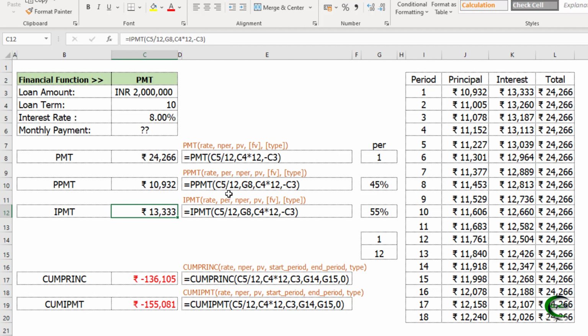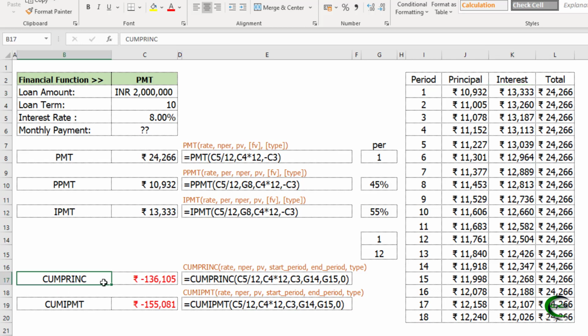This per, the second argument, is a new argument, and here using the same functions PPMT and IPMT, I have calculated the principal and interest of your first EMI to 18th EMI. In the first EMI your principal is minimum and interest is maximum, and gradually your principal will increase and interest will get reduced. You can also calculate cumulative principal and interest using